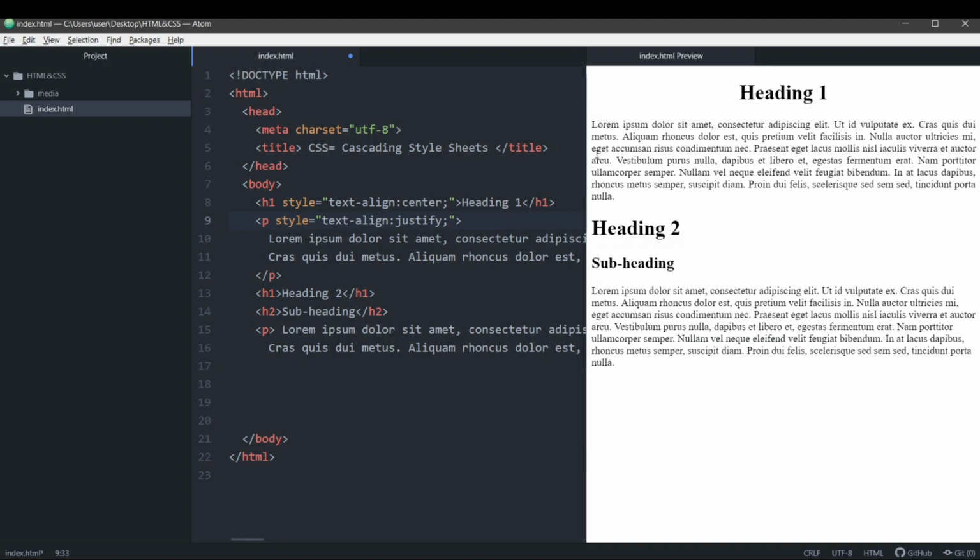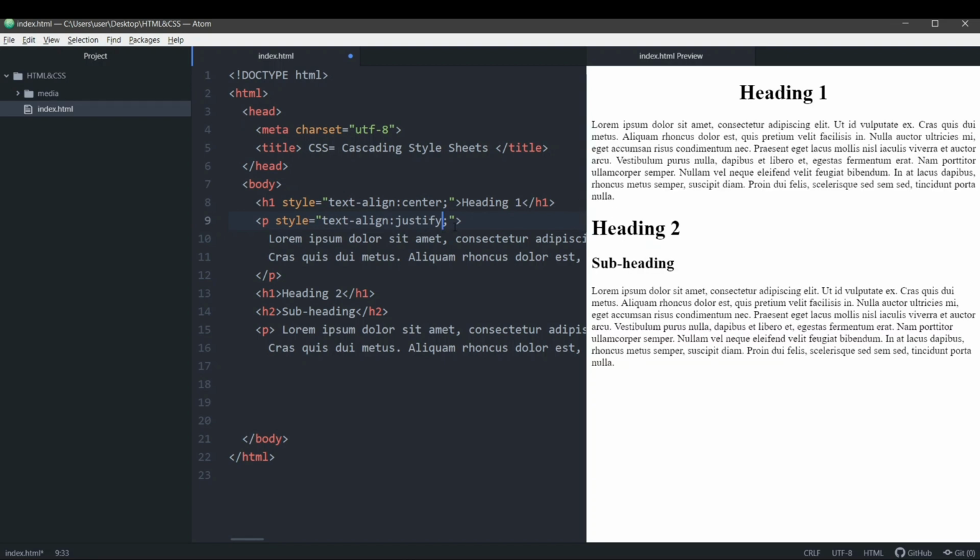What justify does is fix the irregular lines left over. Like you saw before, if I remove this and write center, you can see that there are irregular lines here. There are no proper, even lines. So after using justify, you can see that now it is very nice. It looks better than before.